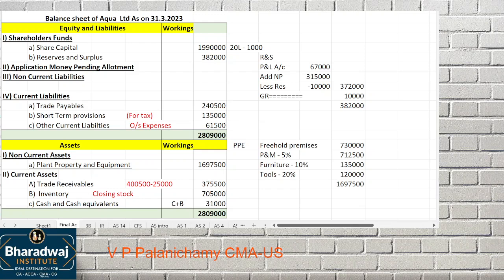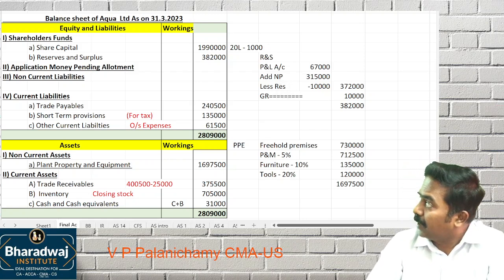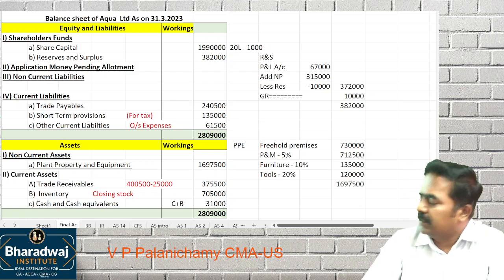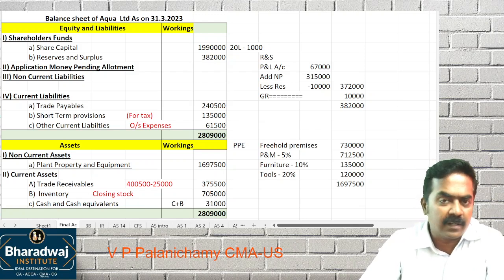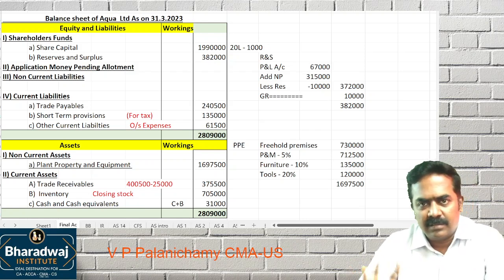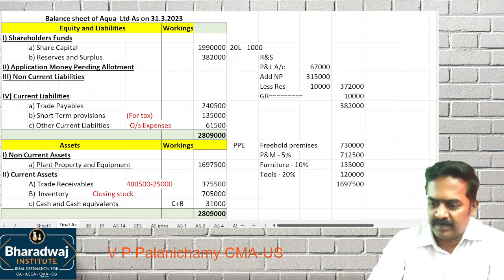As usual, I'll verify. Then we can prepare P&L account and we can do the balance sheet. Like this, when we practice for our 5 questions, then next you just revise your regular class notes with these notes and go for exam. That's it. Those who are accessing the recording, pause and copy this. Then try the next questions, working notes applicable for P&L account. Then you can continue playing so that you can cross check your working notes and P&L account also.